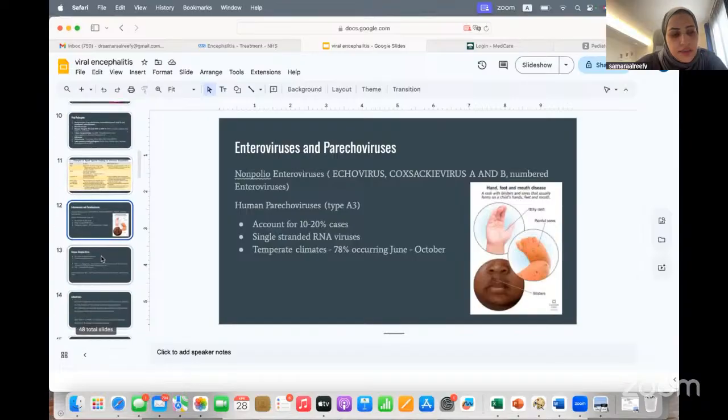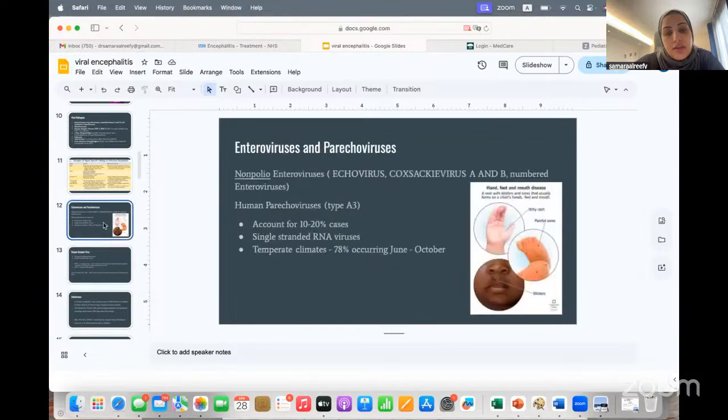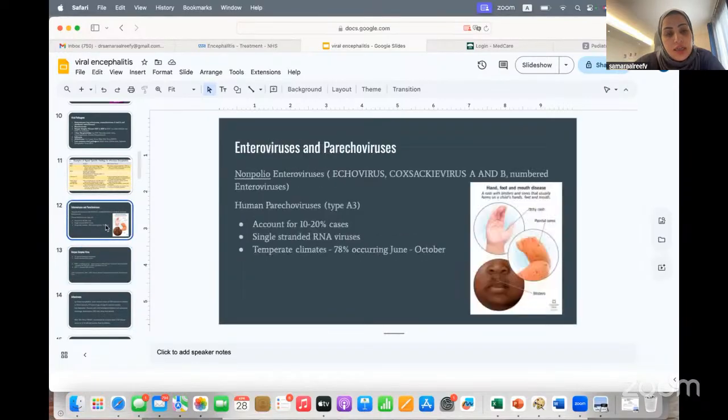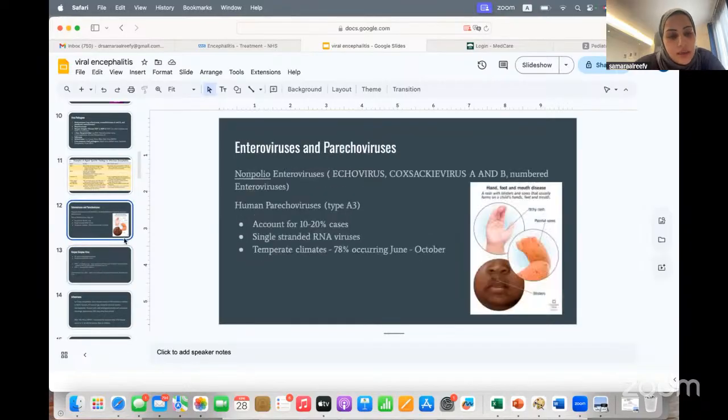The key home message here, the learning point, is if you have a suspicion, start IV acyclovir. It's very important. I was criticized when I transferred the patient to Salmania: why didn't you start antibiotics? Why didn't you start IV acyclovir? But without confirming the diagnosis, and with the limitations of the imaging, we couldn't start earlier treatment.